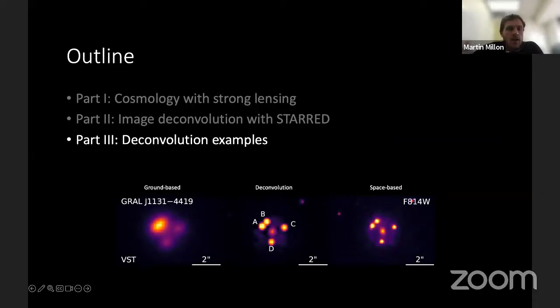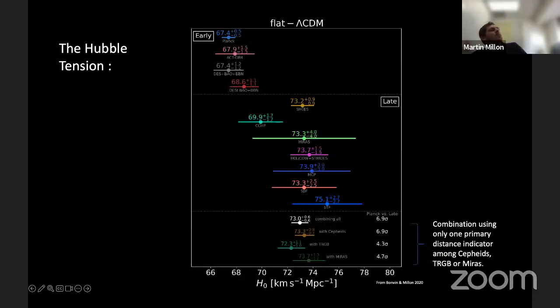and end up with a few examples like this one that we observed from the VST, which is a telescope in Paranal. But first, why am I interested in this problem? What keeps me up at night is the Hubble tension, a tension in the measurement of the expansion rate of the universe, the Hubble parameter. If you measure it from the CMB or from early probes like the BAO or Planck, you find a lower value of H0. If you make that measurement in the local universe, you tend to find a higher value. Depending on how you combine those probes, you end up with a tension ranging from 4 to